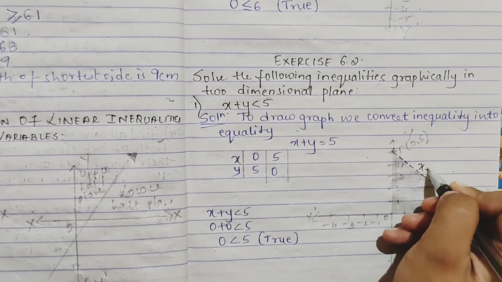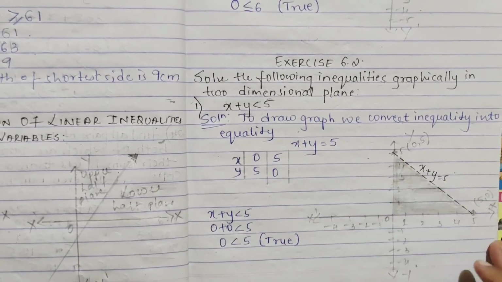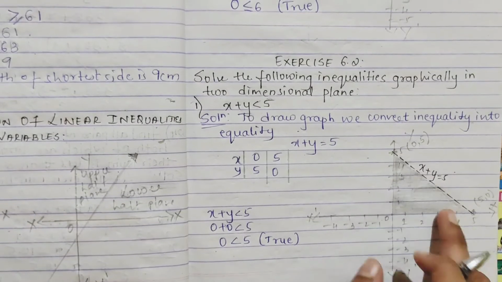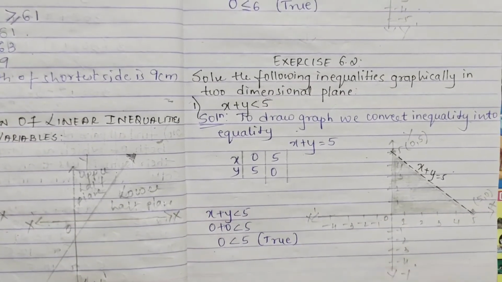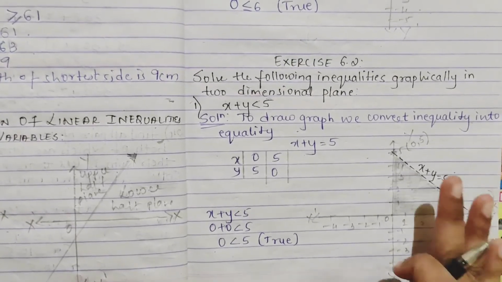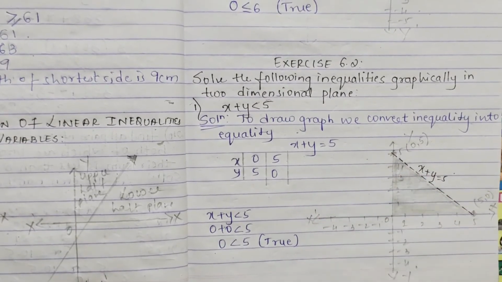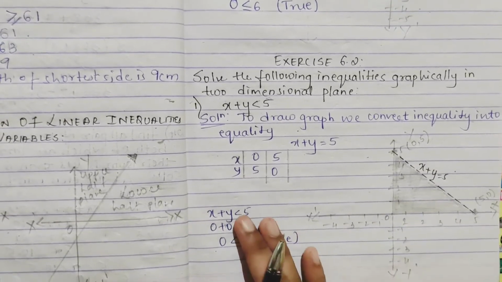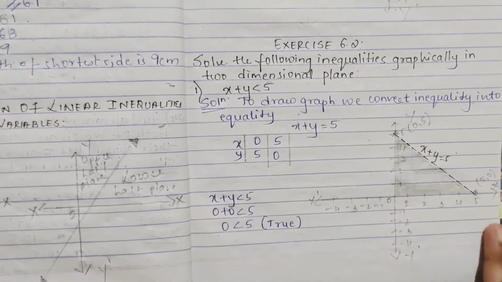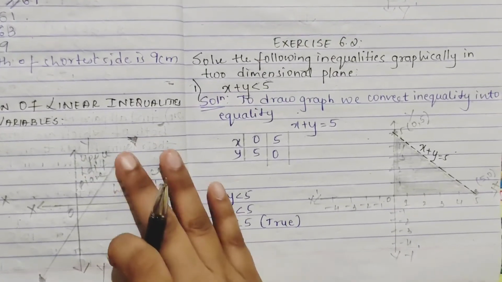Here, see, I have not written x plus y is equal to 5. Just write the equation of the line you have drawn. At the last, if you want, you can write that the solution region is the shaded part. If you want, you can take this as first plane, second plane. Okay, I hope this much is clear. We can proceed to the other problem.